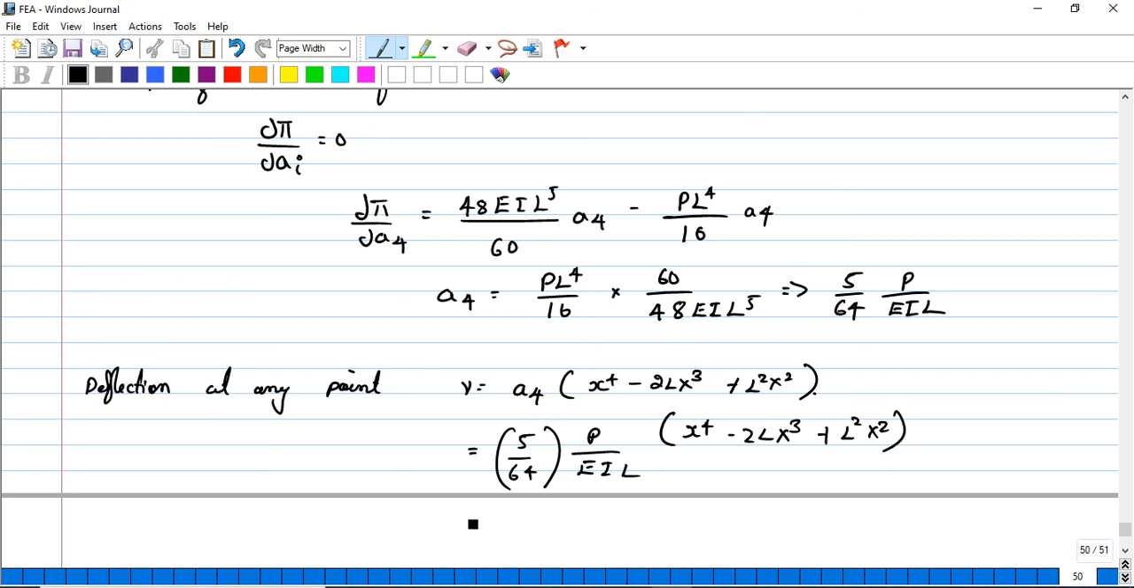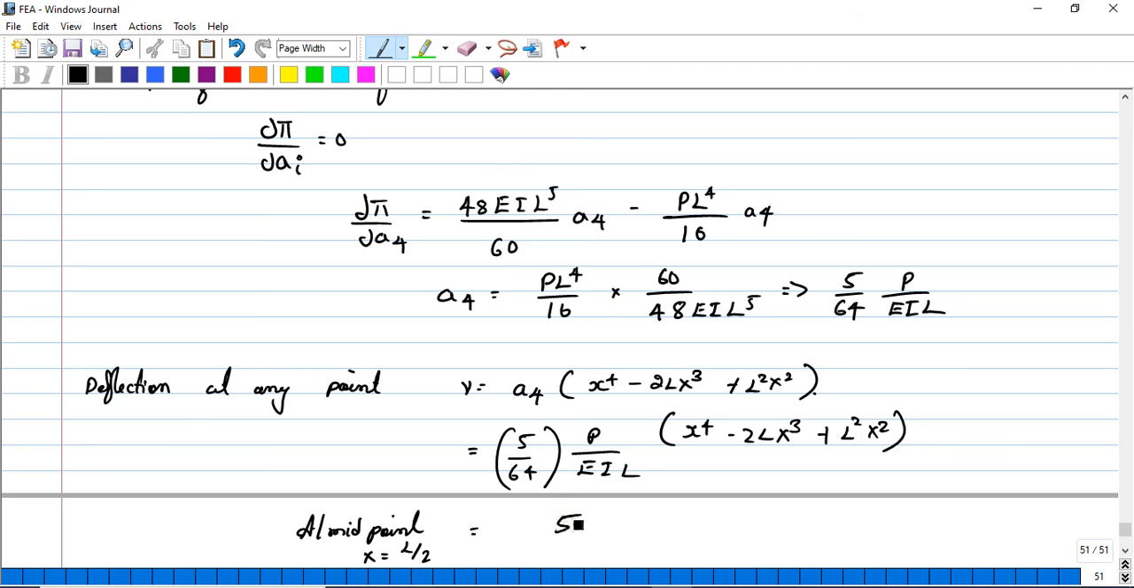Finally, this is the deflection at any point. If I consider deflection at L by 2, then I will be considering the midpoint. At midpoint, what happens? You need to substitute x as L by 2. Then the final equation will be